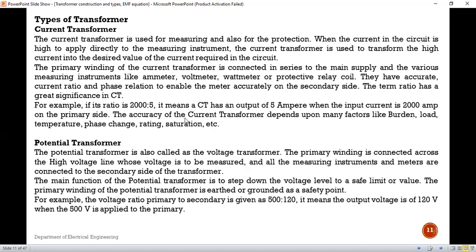When the current in the circuit is high, to apply directly to the measuring instrument, म्हणजे जो काही करंट असेल मेजर करण्यासाठी जो काही करंट असेल, if the current is high, that means to measure directly by using the instrument, at that situation we are using the current transformer. That is, current transformer is used to transform the high current into the desired value of the current required in the circuit. Okay, जे काय मेजरिंग इन्स्ट्रुमेंट आहेत,